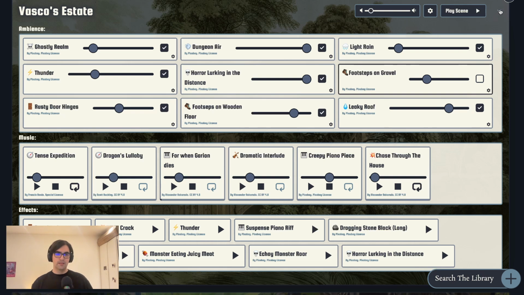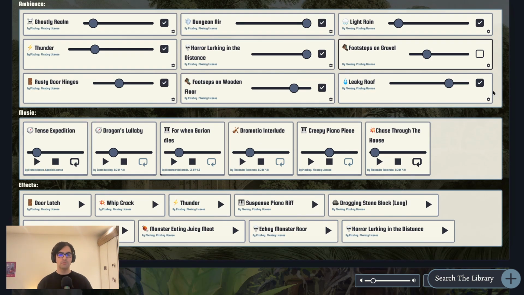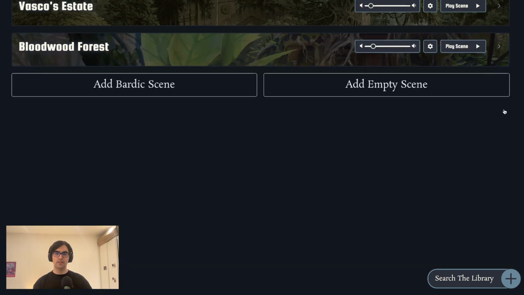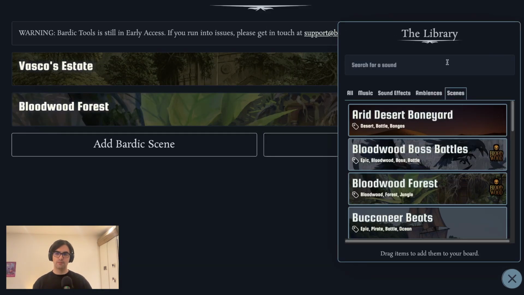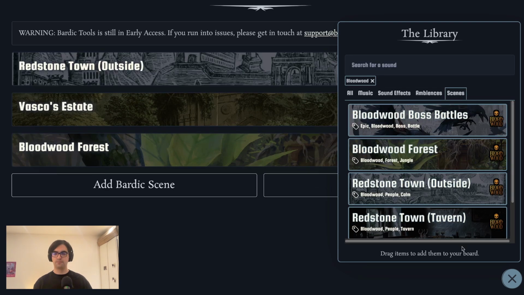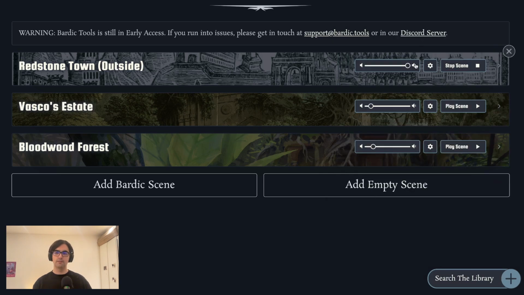Right. Let's say that you have a little more time to prep. Let's say that you have an hour and you really want to add some different sounds to this. For example, let's pull up another scene from Bloodwood. Let's pull up Redstone Town. If we play it,